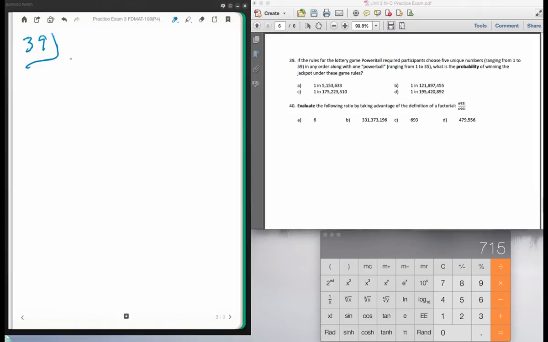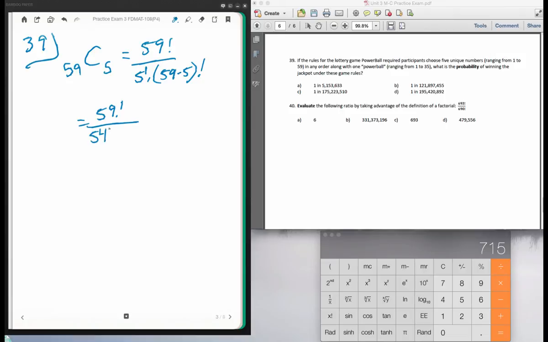So let's look at this. We want to, but they have to be unique. Okay, so they have to be different. So we have 59 options. And we're going to do a combination with 5 of those numbers. So therefore, we have 59 factorial divided by 5 factorial and 59 minus 5 factorial. And 59 factorial divided by 54 factorial and 5 factorial,